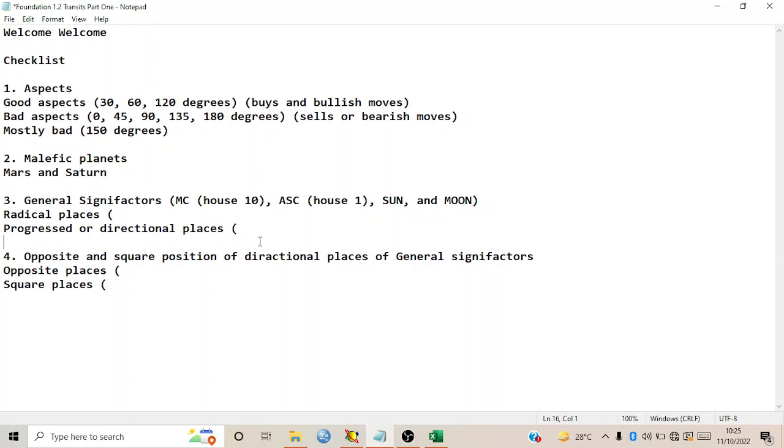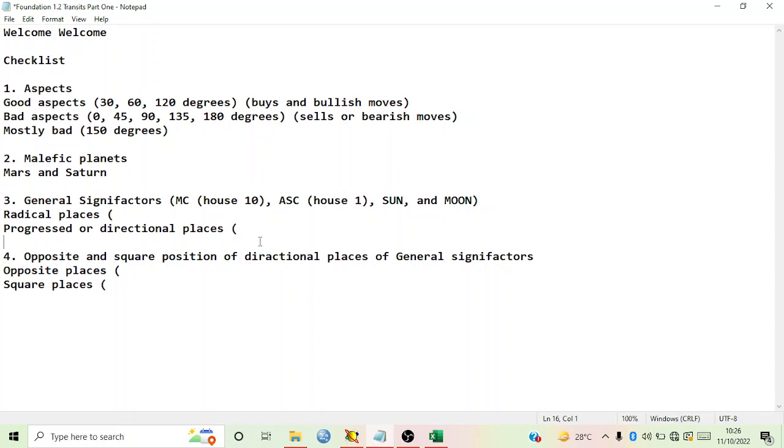Once we do that, we can now go to the last part before we end this video, which is checklist 4. So if you have been reading through Arcana or Stock and Share Key by Sifario, you should note that there's a part on axiom 2, which actually reads: directions of the general significators, the sun, the moon, the ascendant, and the MC, to afflictions, either being squares or an opposition of malefic planets, will cause great depression of securities.